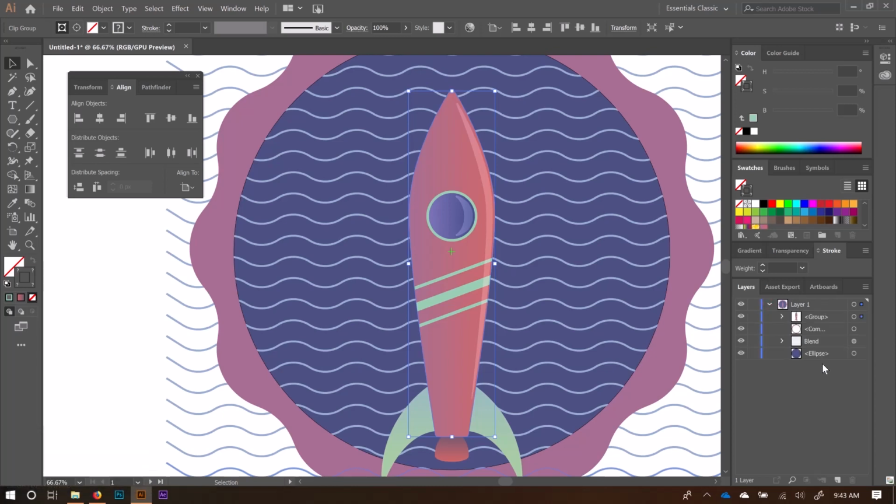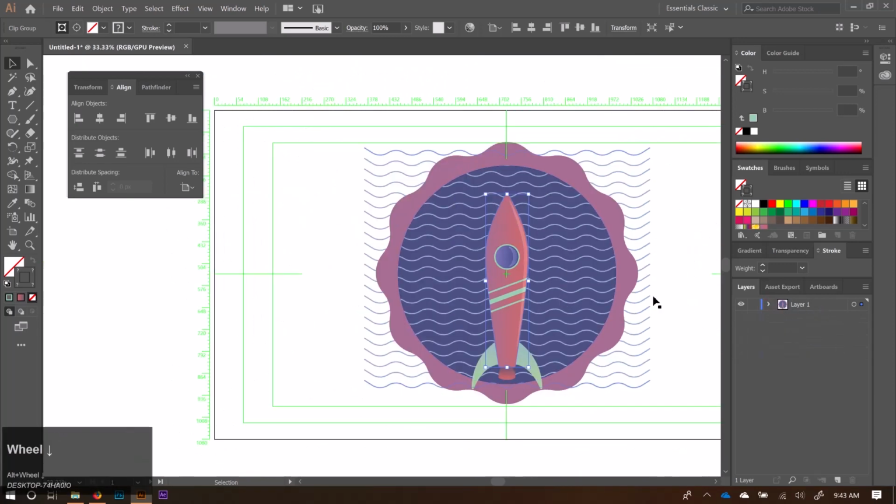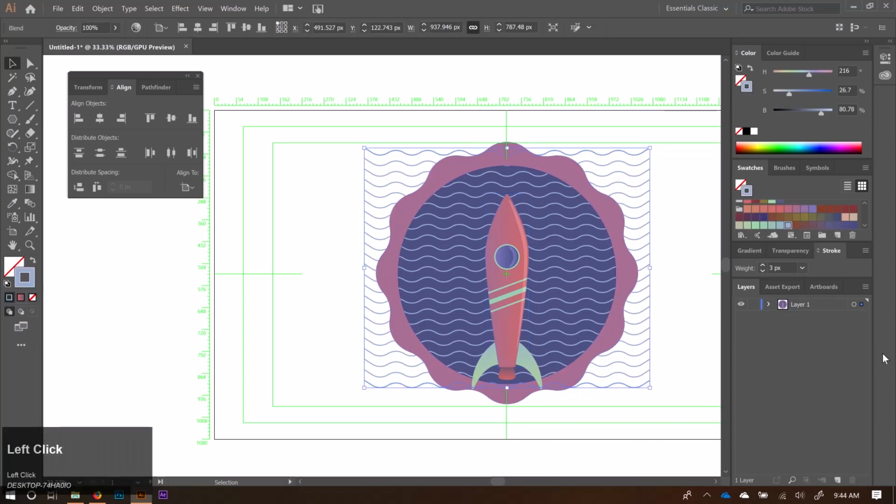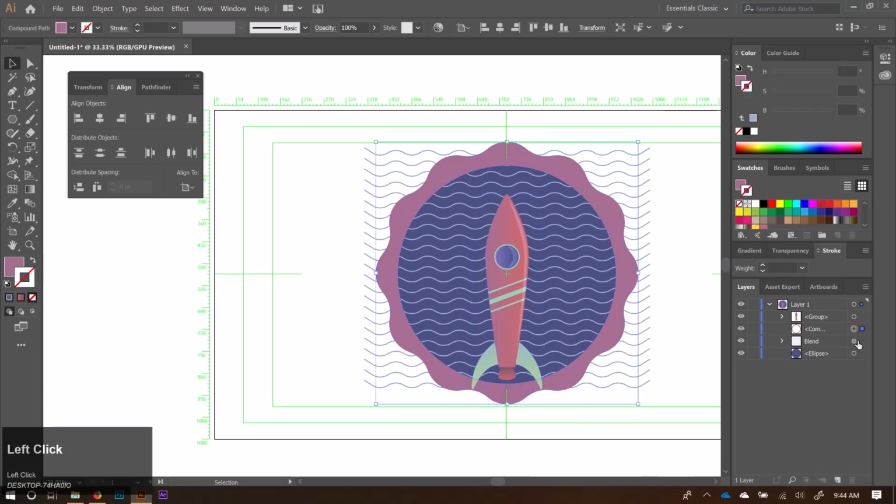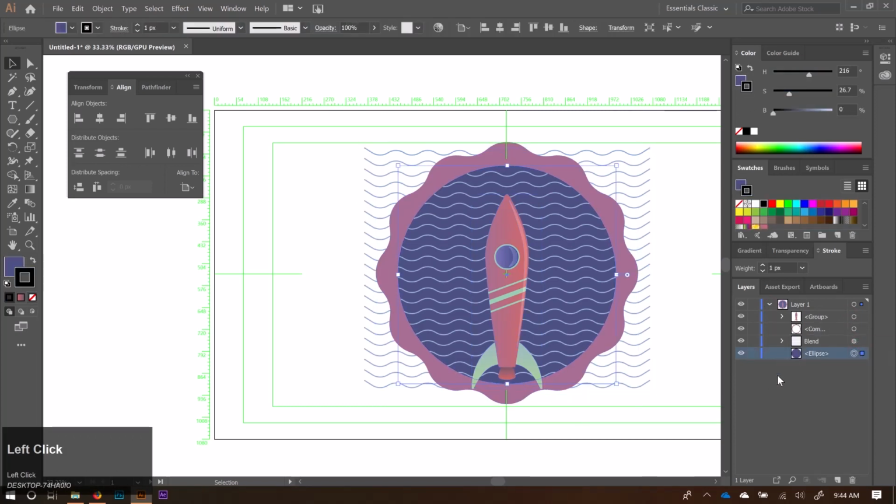So even though we've got a bunch of objects here, when we bring this into After Effects, all it's going to see is layer 1, and it's going to treat this as one solid image, which isn't what we want. Obviously we want the rocket to move around, we want this little border thing to rotate, we want these lines to move down and loop, and we want to use the background as a clipping mask. So we want all these separate, and they're separate right now, but we need to separate them out to new